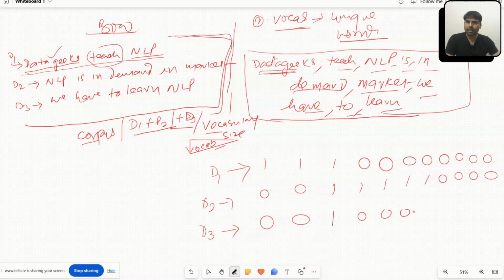Right? Market is not there in document 3, so I'm giving 0. V is there, I'm giving 1. Have is there, I'm giving 1. To is there, I'm giving 1. Have is there, I'm giving 1. Right? So this bunch of text, which is document 1, document 2, document 3, is everything I'm